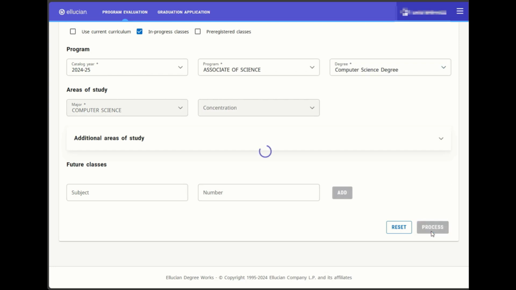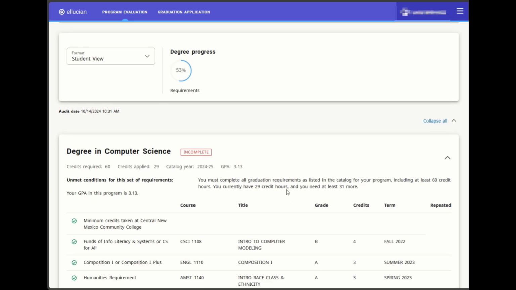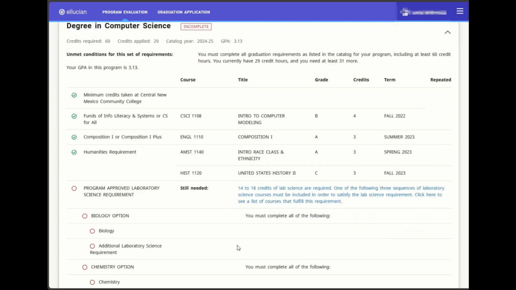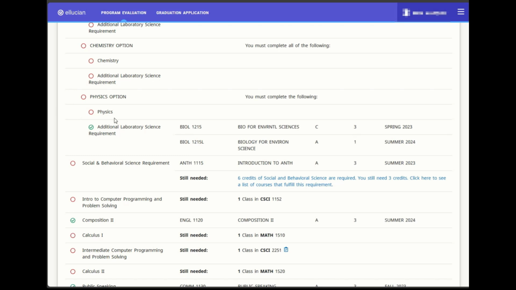to show where all of her classes that she's currently passed apply. And as you see right here, 60 credit hours as compared to 29 credits applied, so she's not really close. We did not know all the requirements. And I myself, as a parent, and I understand a lot of parents, will not know exactly what is required for a specific degree. So one of the things that we have to keep account of is